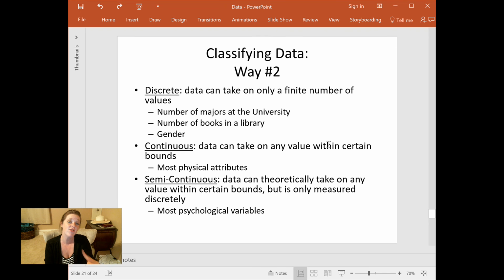And so this is a less useful distinction, but I do want you to memorize it and know it because any well-rounded student of statistics should be familiar with these terms. We're just not going to use them a whole lot, right? We're going to be using that qualitative versus quantitative distinction a whole lot. We're going to use this less often.